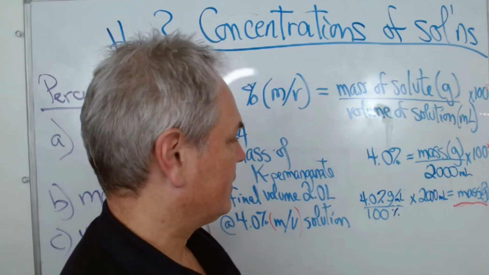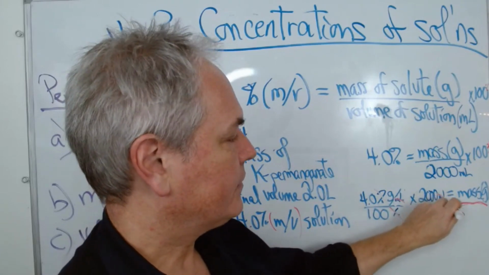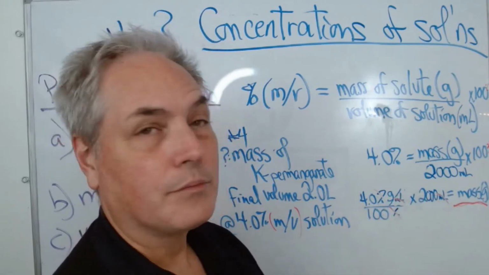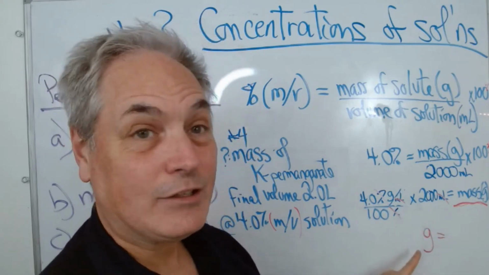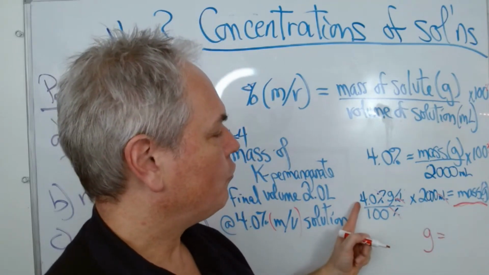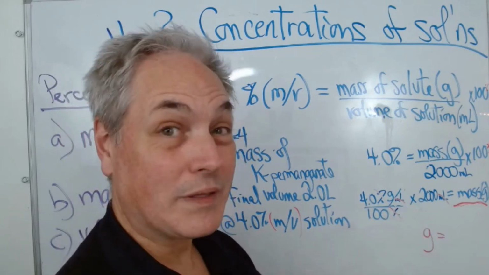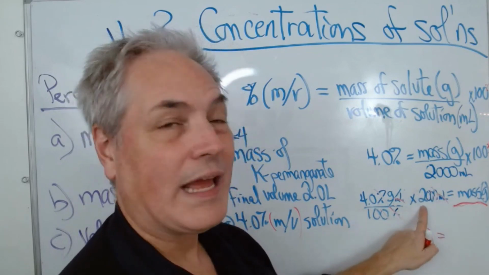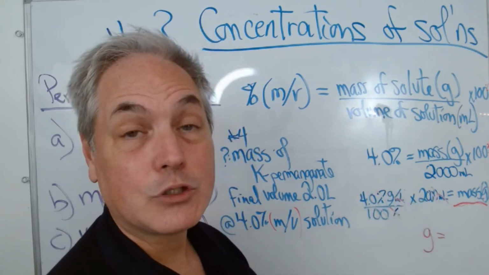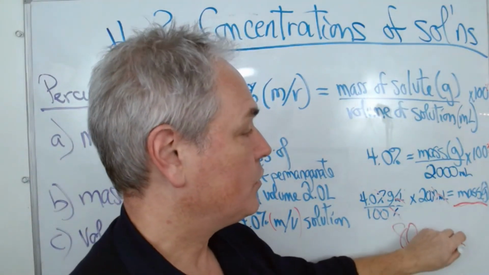So what do we have here? The percent sign changes. We have milliliters here and here, so the units are being canceled. We end up with grams, like this. So we have here 4 times 2000 divided by 100. Let's see if we can do it without a calculator. We have divided by 100. Here we have 20 left. 20 times 4 is 80. So we have 80 grams, which is the mass